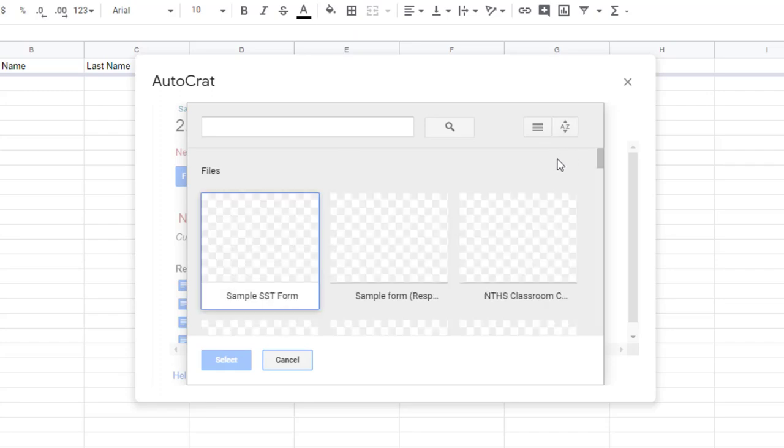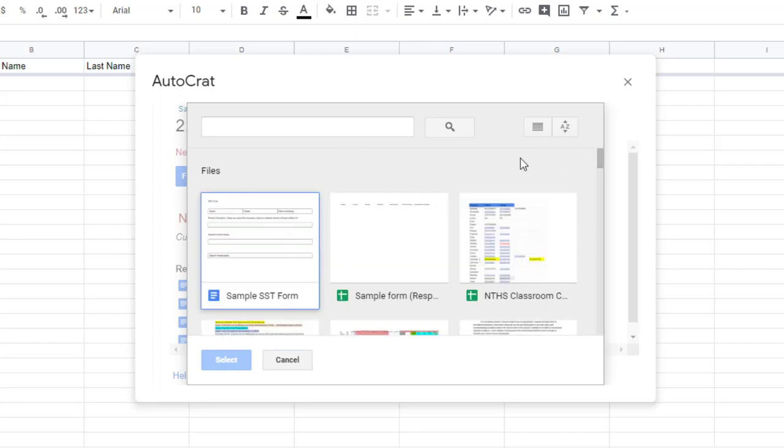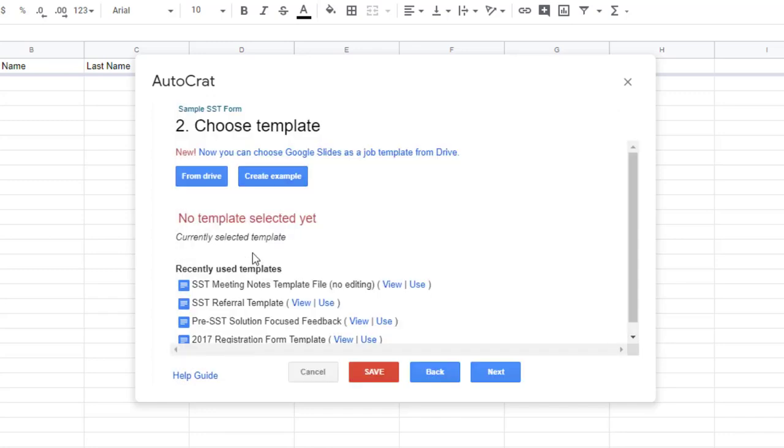And it's going to take a second. My drive has quite a few things, but normally if you have it sorted by the most recent things, it'll pop up right here towards the top if you used it recently. Otherwise, you can search for it. You can find the folders and such. So we'll select that form. Okay, it's going to link it up here, and then we're going to hit Next